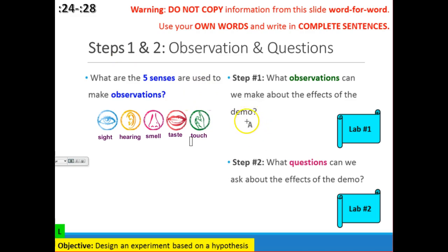Tell me, what were some of the things that we saw or observed in the demo? What were some things that you saw? Just tell me a little bit about pendulums. Tell me a little bit about what we experimented with as we moved things back and forth. What did we see about the pendulum? Tell me in the chat box. What did you observe about the pendulum? I need answers here. I'm not doing the lab for you. You need to participate. Otherwise, we're not going to get any answers up here. We need participation, please. Type in the chat box.